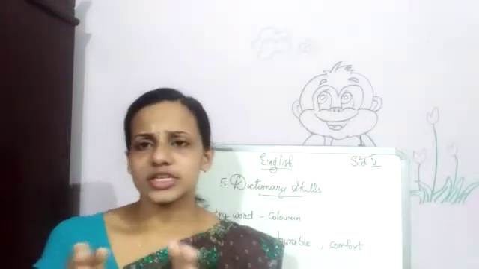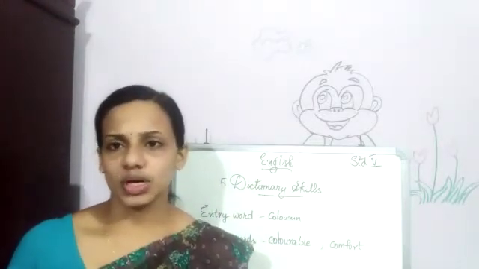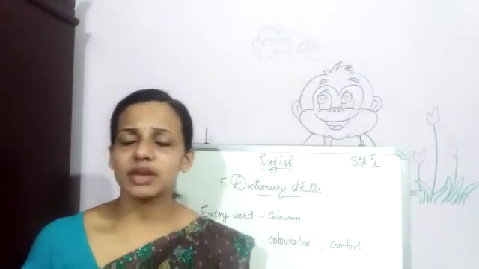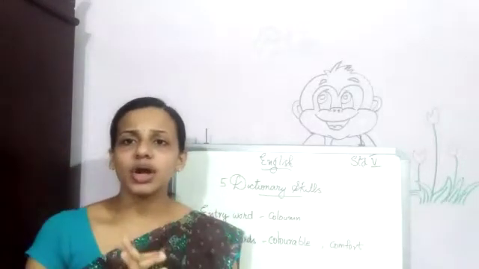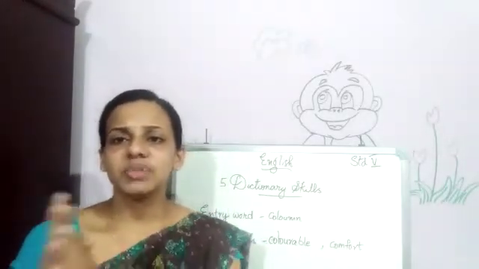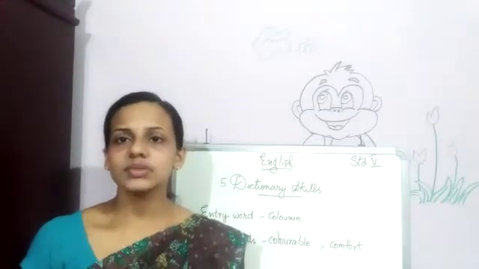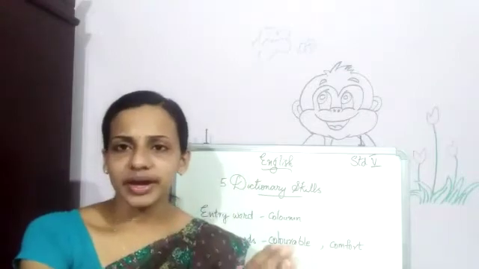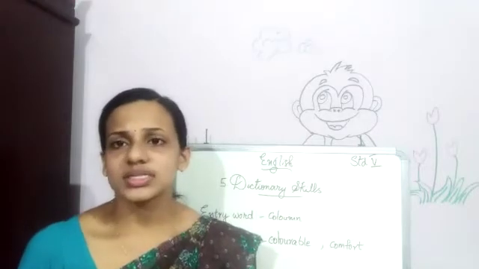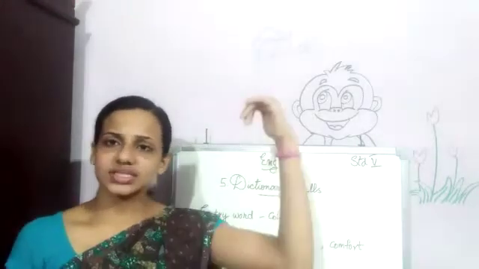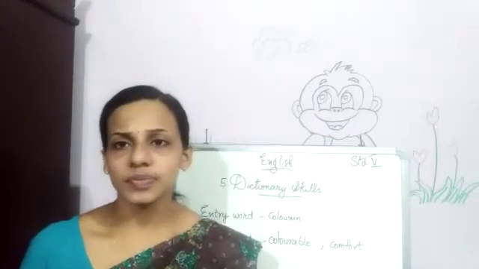When we look at a dictionary for a meaning, on a page there will be so many words. All the words that are given in bold black letters, for which the meanings are given, are called entry words. The words that we check the meaning for are entry words in a dictionary.